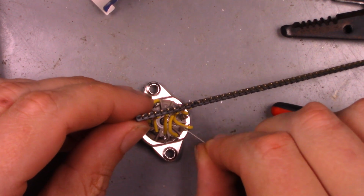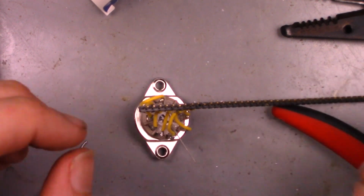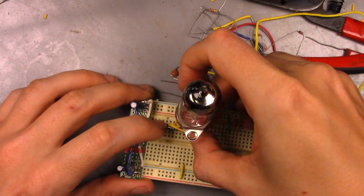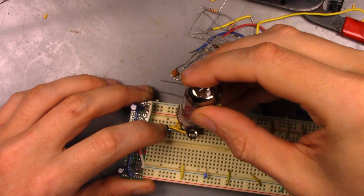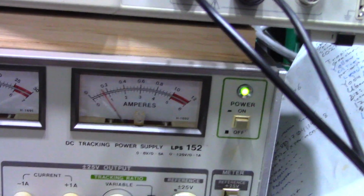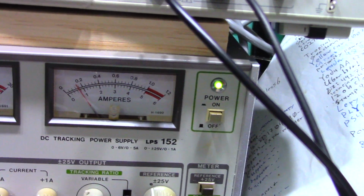And I mounted an LED to the base just to add some flare. And there we go, right into the breadboard so that I can figure out what to do with it. The glow from the LED looks way better in person. Powering up the tube, after an initial inrush of almost half an amp, the filament draws about 170 milliamps at